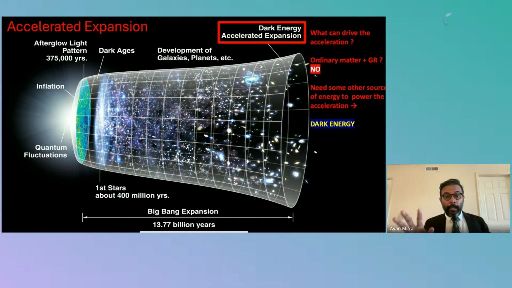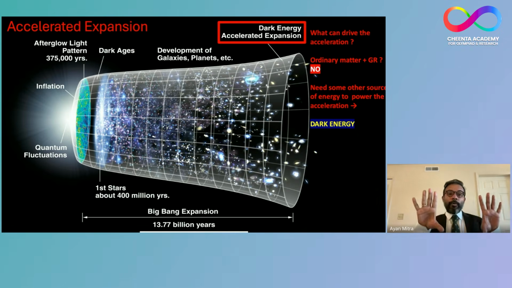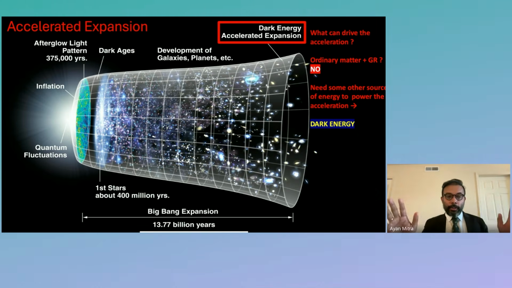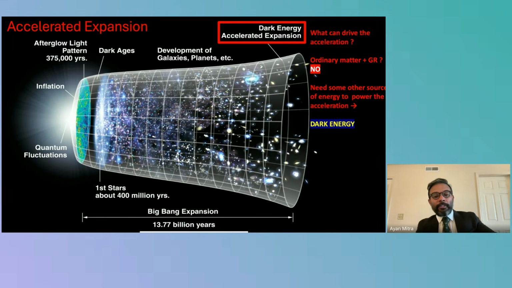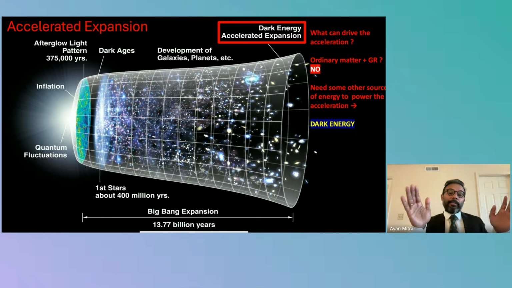All that put together at the moment is what we think is our best guess of how the map of the universe looks. So let's try to understand a bit before we finish this chapter. The x-axis, from left to right of your screen, is the evolution of the universe. As you see on the bottom of the screen, it says Big Bang expansion 13.77 billion years. That is what we think is the lifetime of the universe from the Big Bang.